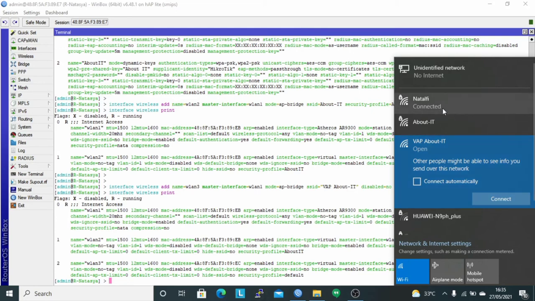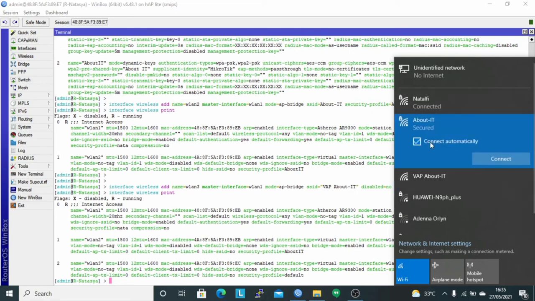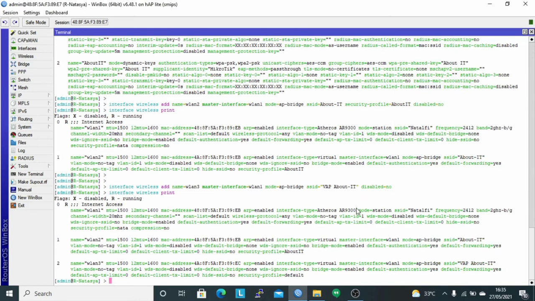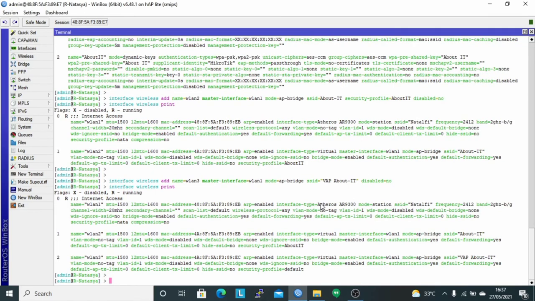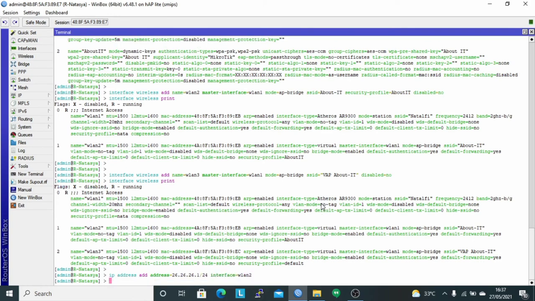And the SSID using WLAN2, namely about IT, will not disappear. Next, I will configure the IP address for the wireless interface using the command IP address add address 26.26.26.1/24 using interface WLAN2.